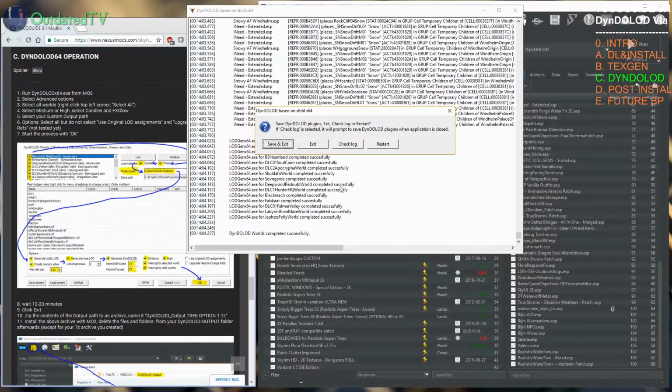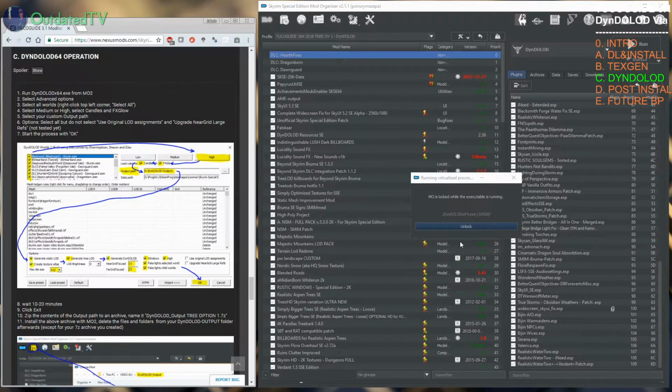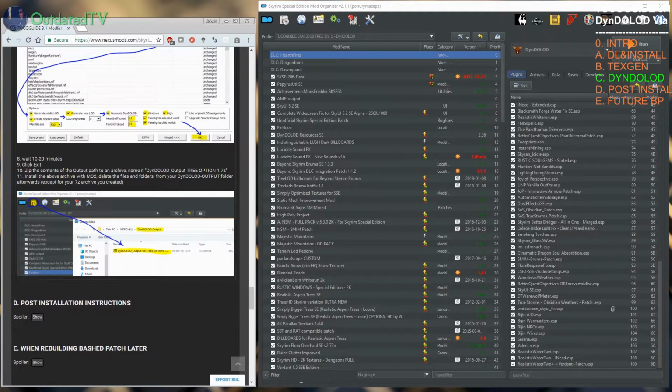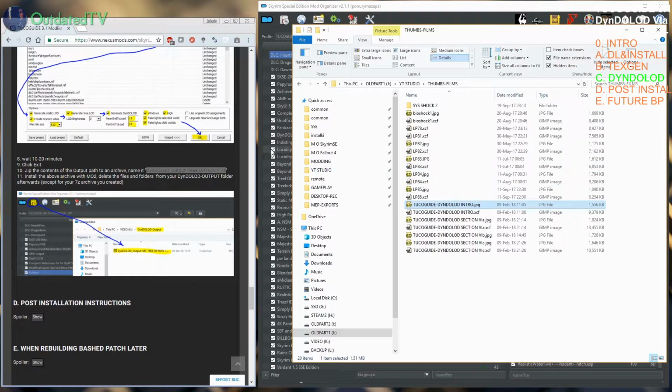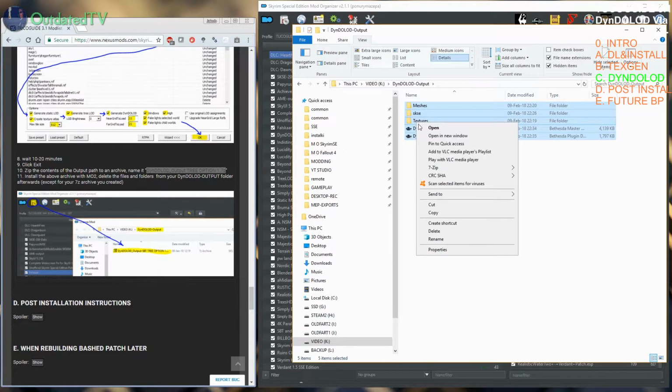DynDOLOD operation finished, we can click exit. Now wait for the program to quit and follow the instructions. Zip the contents of the output path to an archive. Name it DynDOLOD output 3 option 1.7z. So let's go to my K drive, DynDOLOD output, and we select all these, right click, 7-zip, add to